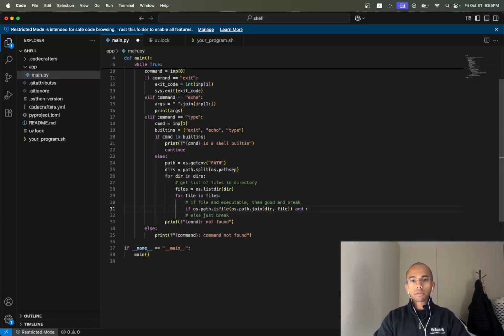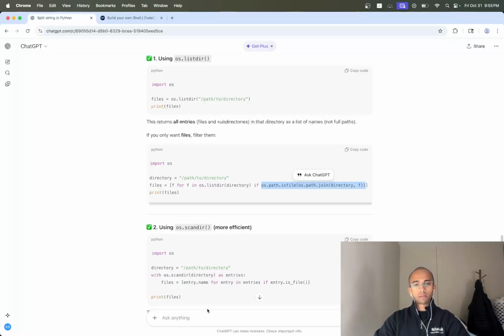So I've got to check if a file is executable. Right, so I can combine the two into one because I think directories can be executable and not actually execute anything. So Python, check if